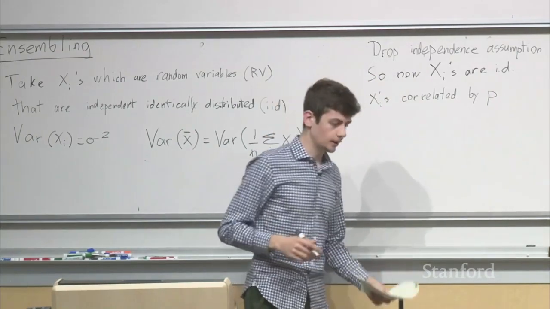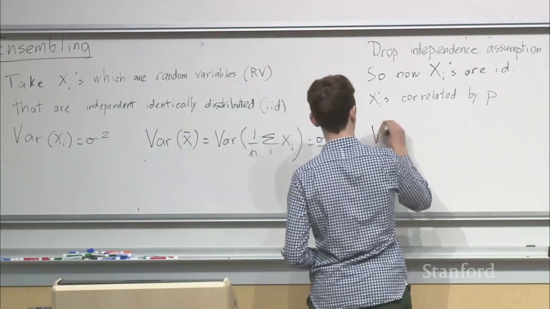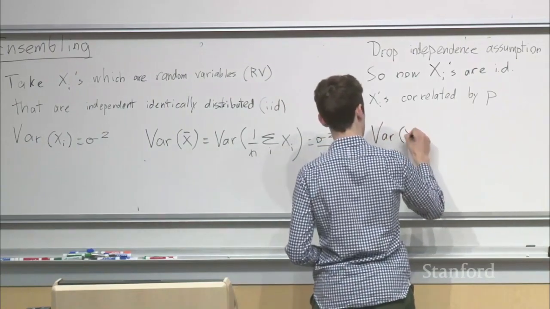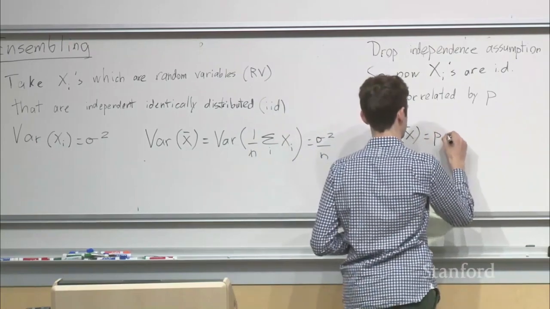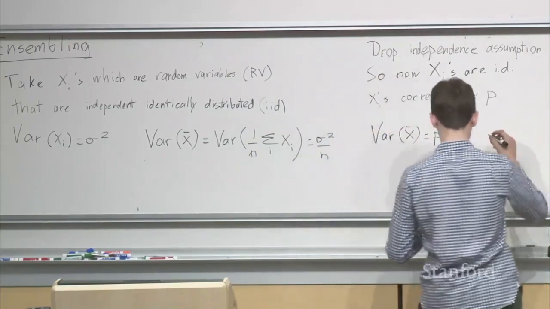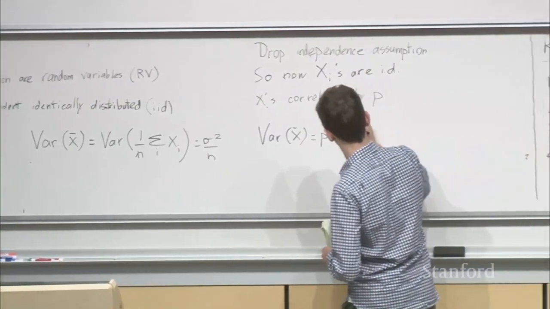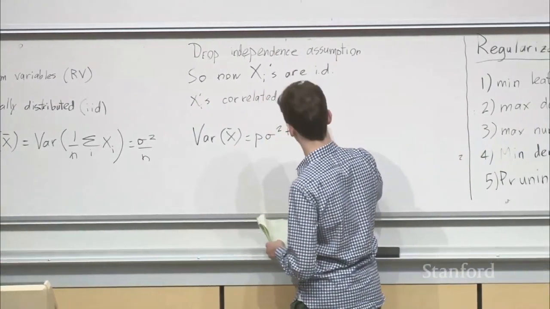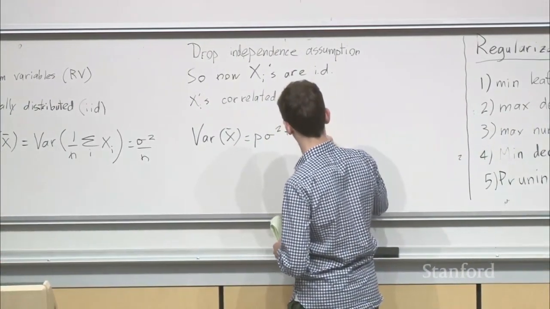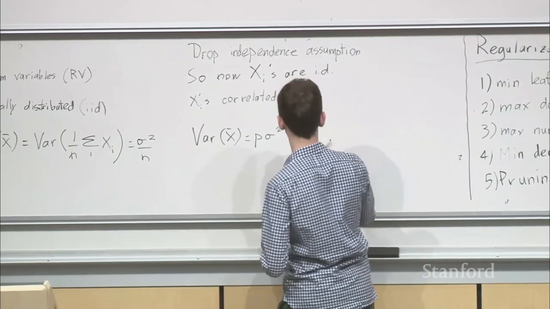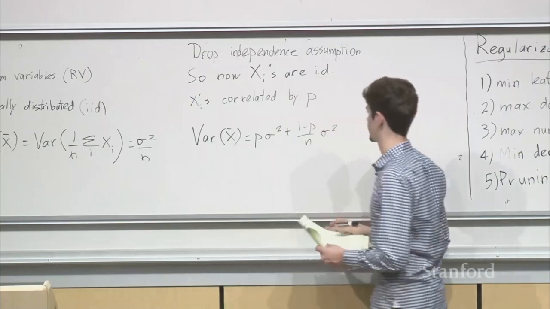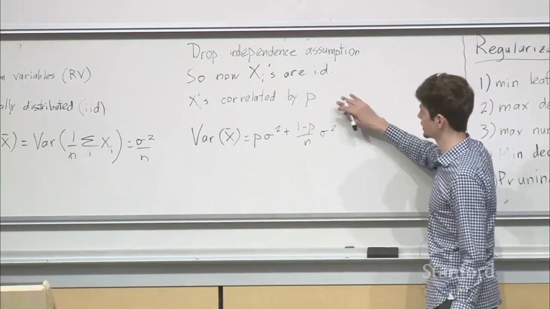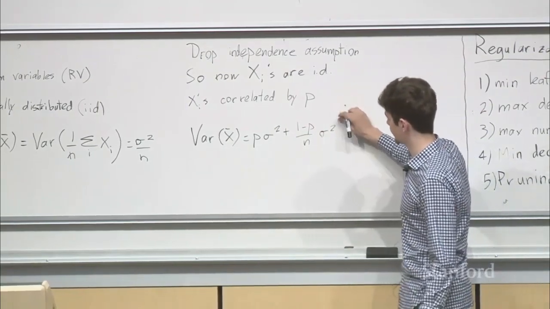Then you can actually write out the variance of your mean as rho sigma squared plus (1 minus rho) over n, sigma squared. Okay, and so you can see that if they're fully correlated, then this term will drop